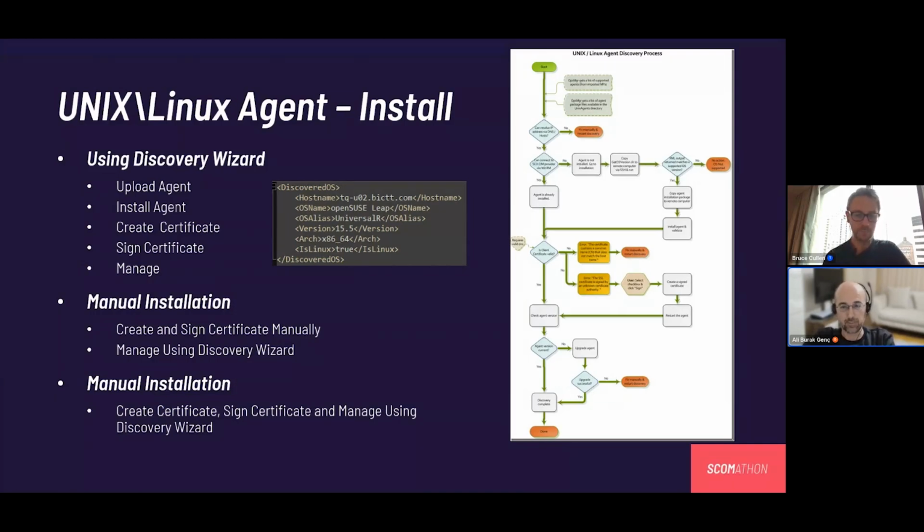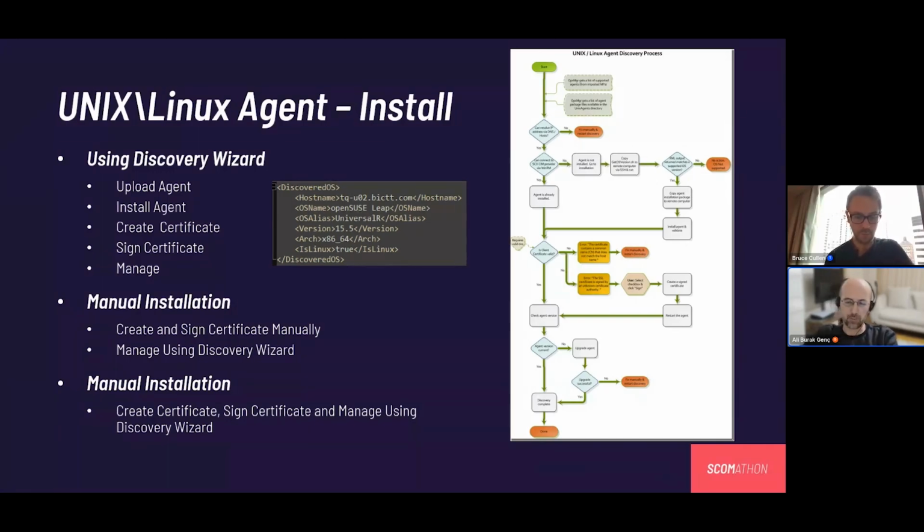If there's no agent, it goes for an execution of the getOSVersion.sh script, where it gets all of the information needed for the decision to continue with an installation or not. This is a script where you are supposed to get an output similar to the one shown in the small picture with some XML code.